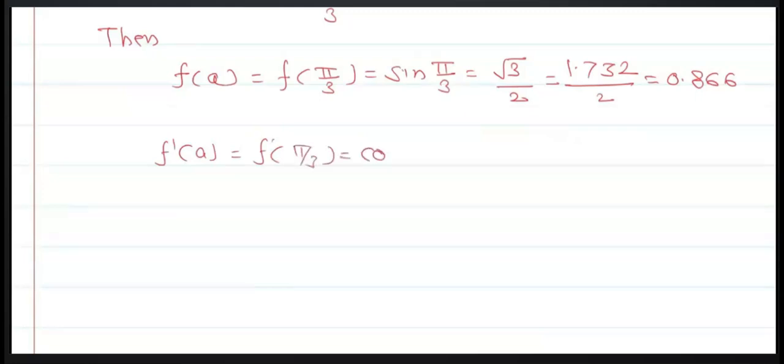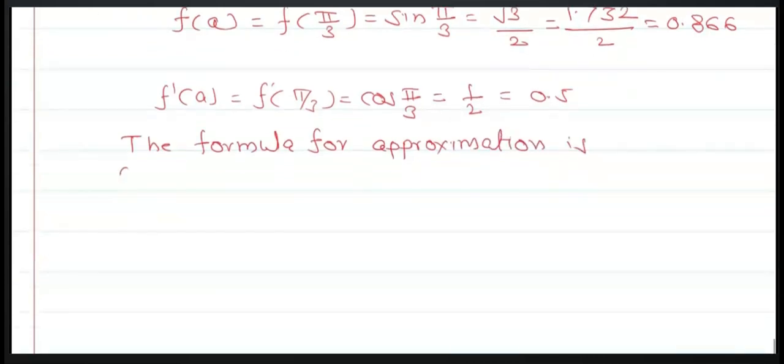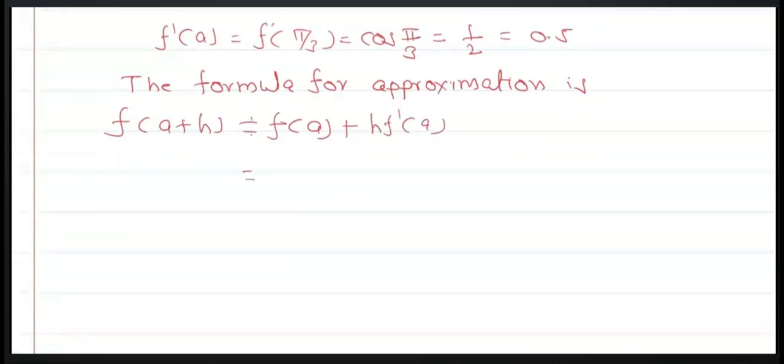f dash of A is equal to f dash of pi by 3, which is cos of pi by 3, that is equal to 1 upon 2, and it is 0.5. Now the formula for approximation is f of A plus H is approximately equal to f of A plus H into f dash of A, that is equal to